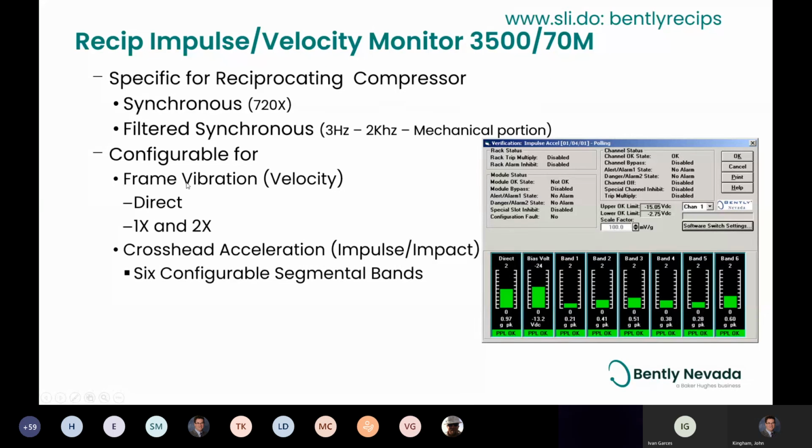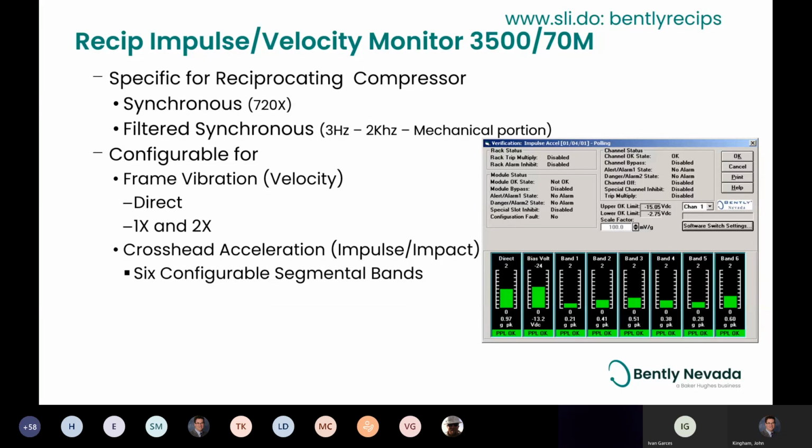Okay, and then this is configurable for the frame vibration. We'll do direct 1x, and then crosshead acceleration. We do these band alarms. So you have these 6 configurable band alarms. You've got an overall here, a bias voltage that makes sure that that sensor is okay and working properly. And then band 1 and band 2 are going to be looking for